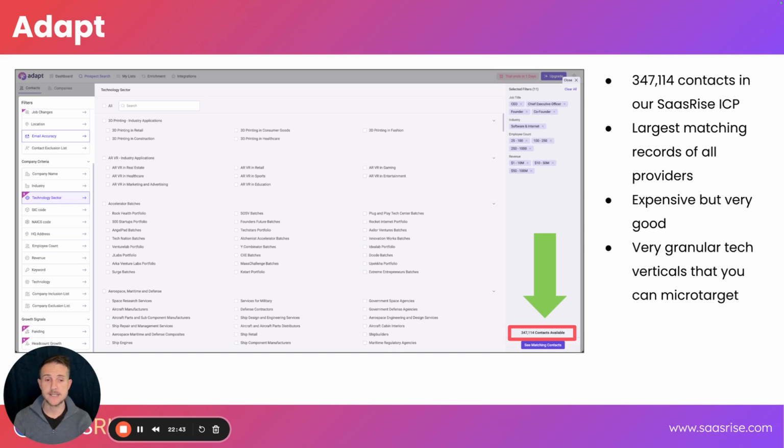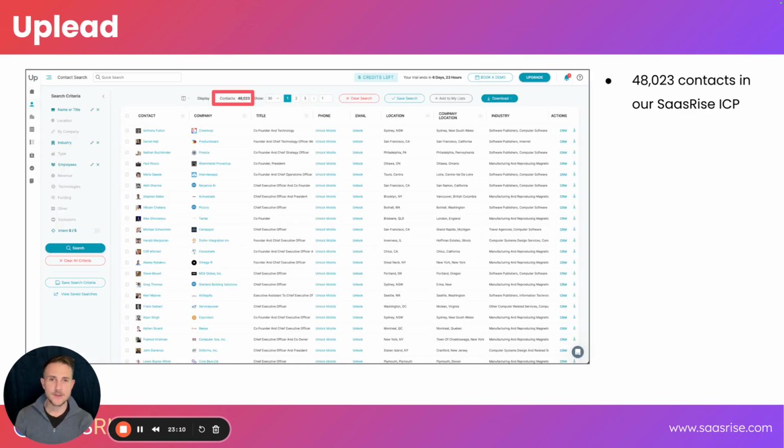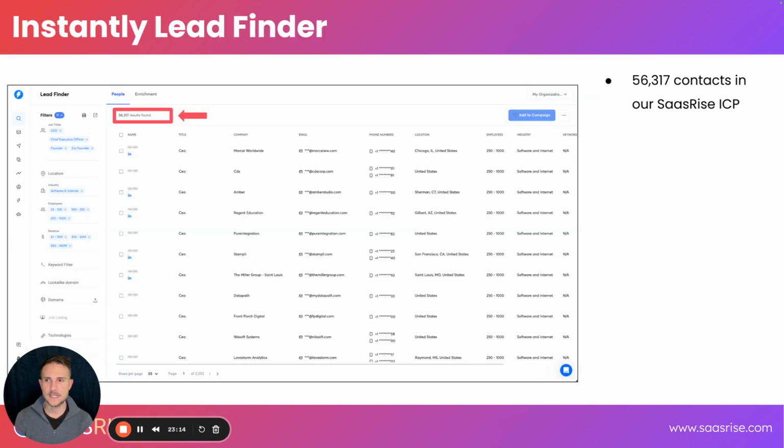we could find. You can see here they have 347,000 contacts available, plus they have a whole bunch of vertical granular areas that you can micro target. We haven't used this yet. This is going to be where we go next, but I think when we do start using it, it's going to be really valuable to us. Potentially we'll reach out and say, hey, we'll partner with you and promote you to our community in exchange for a license. We'll see. Uplead is another lead prospecting platform that had 48,000 records, and then Instantly, which is a